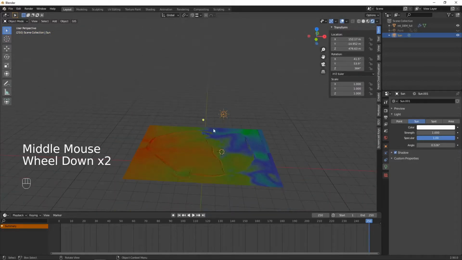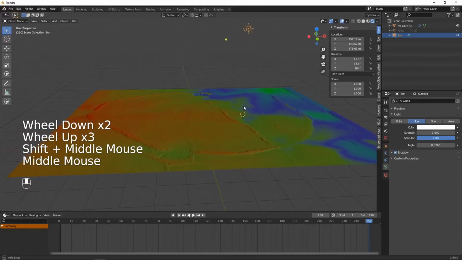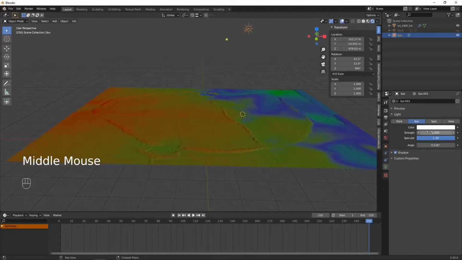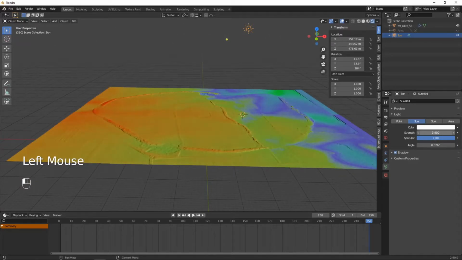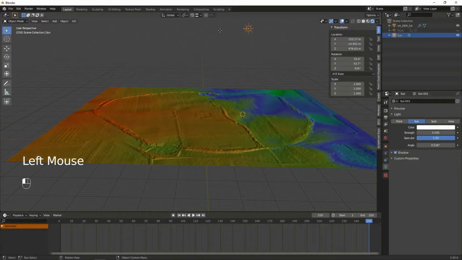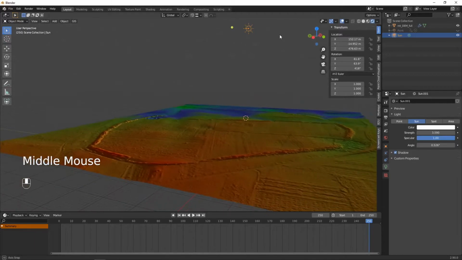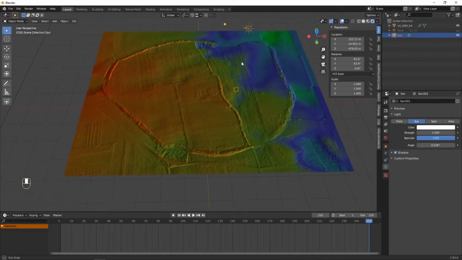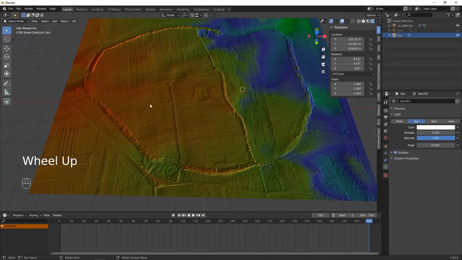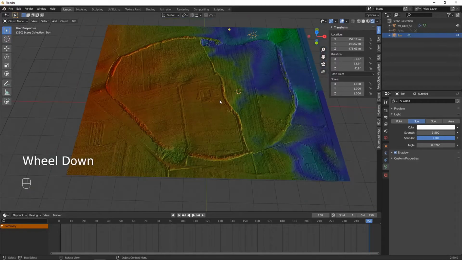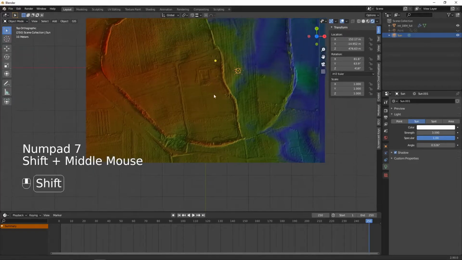So to make the visualization better, I increase the strength of the sun and I increase the angle even more. So now we have a very good view of all the small morphological features that this terrain contains. So we go back